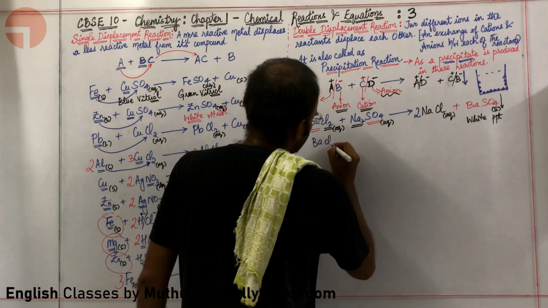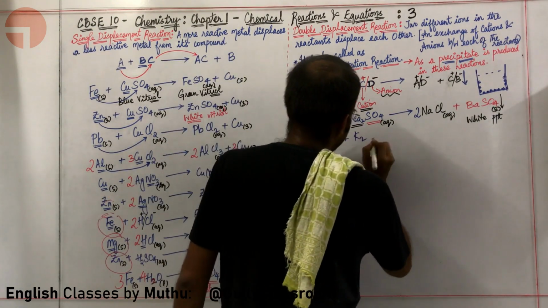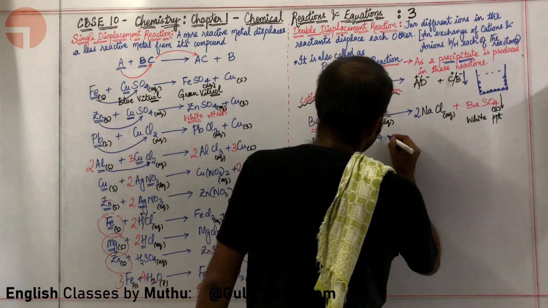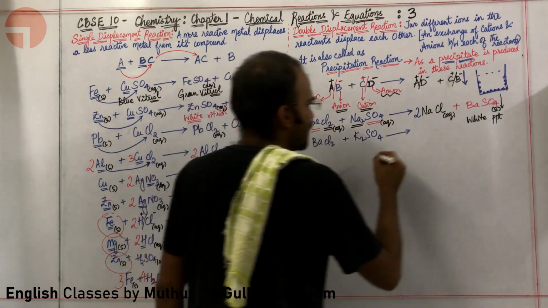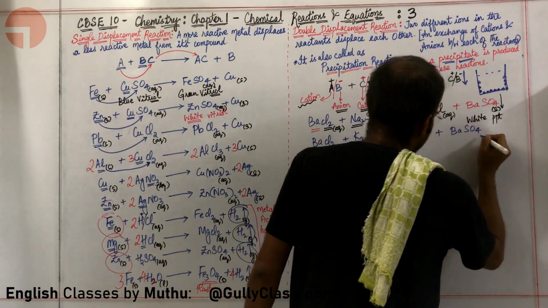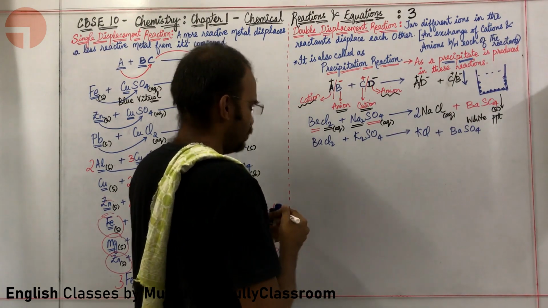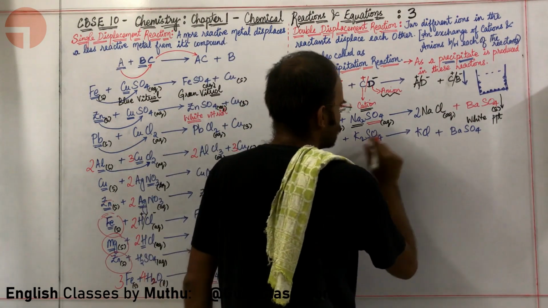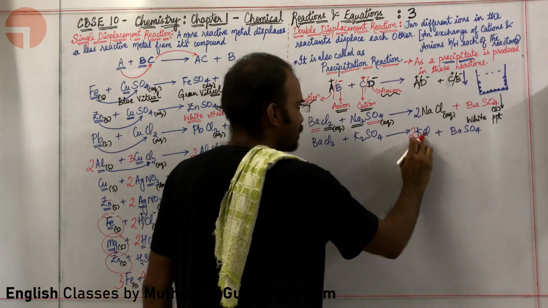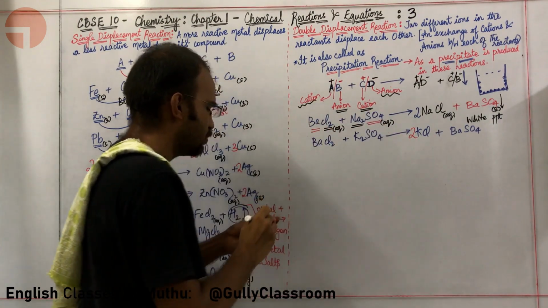Give me a reaction based again once more on BaCl2. Absolutely, BaCl2 plus K2SO4. What will happen? I will get KCl plus BaSO4. Okay, I need to balance this particular reaction once more. How am I going to do the balancing? Here there is 2, so I am going to put a 2 over here. So Cl2 here also. The rest of the equation is absolutely balanced.